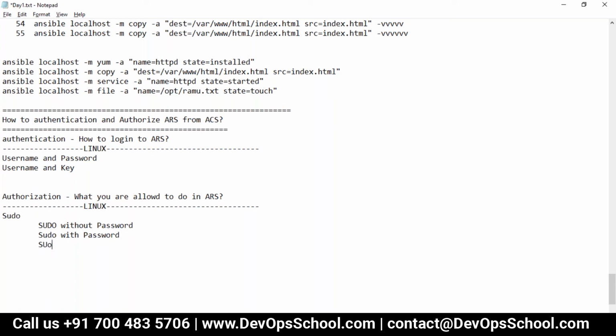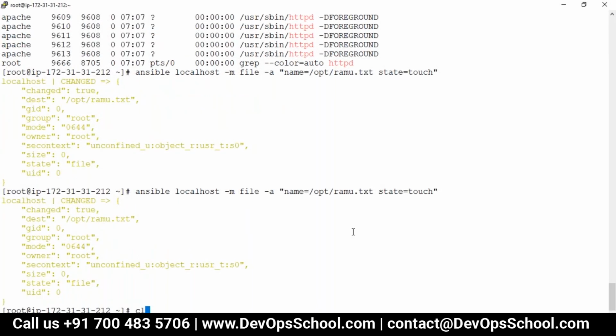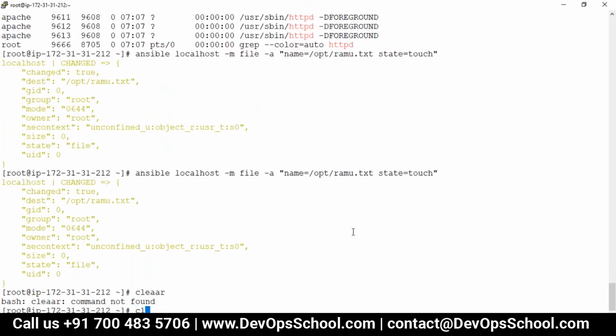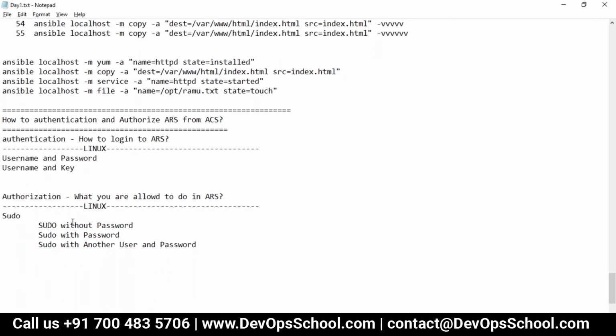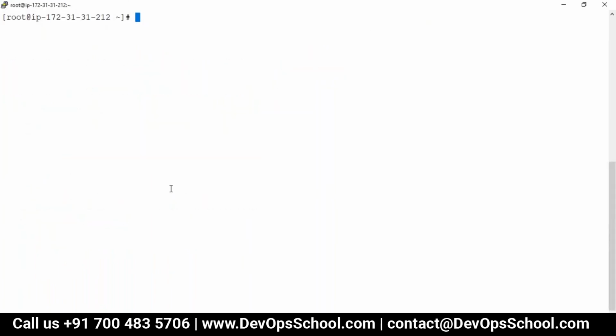Sudo with another user and password. So these are the behaviors you have. For example, let me tell you one of them, just for the sake of discussion. Sudo without a password: I'm root right now, so exit. If I do sudo -s, it's without a password, but sometimes when you do sudo, it will